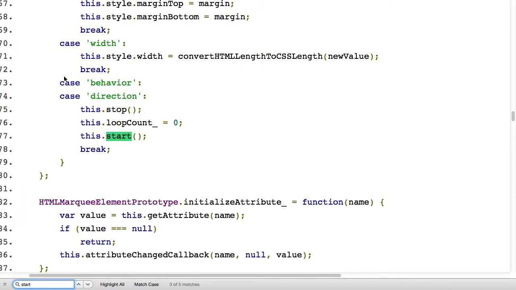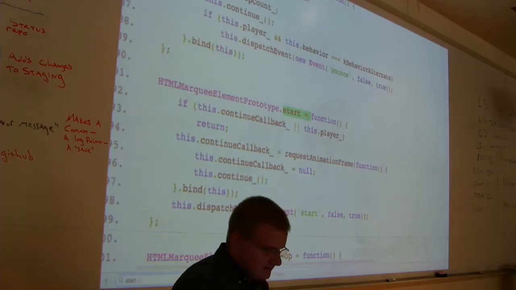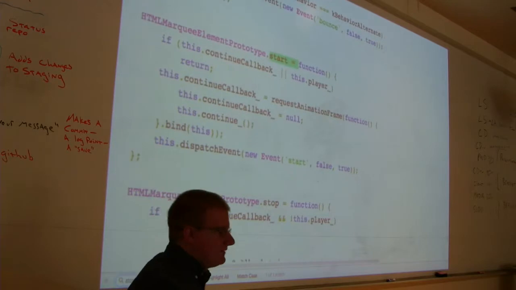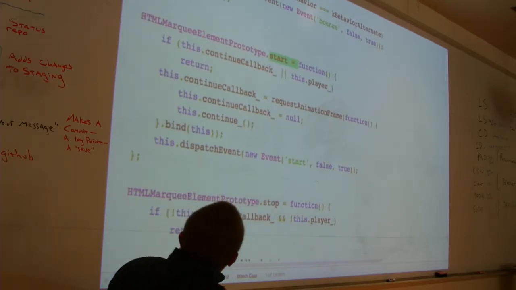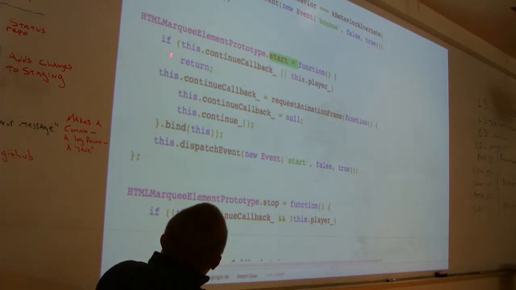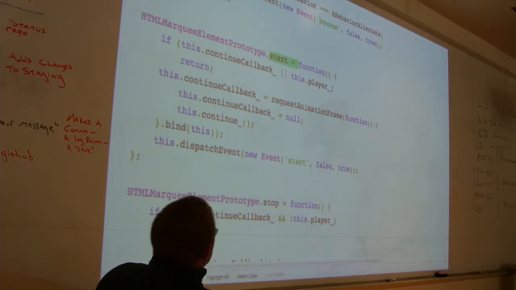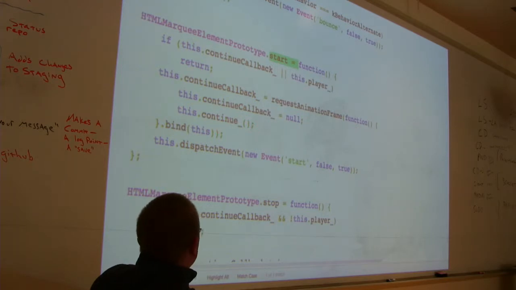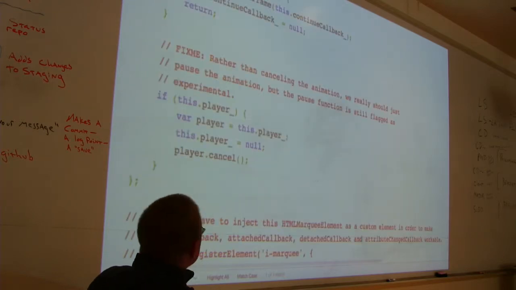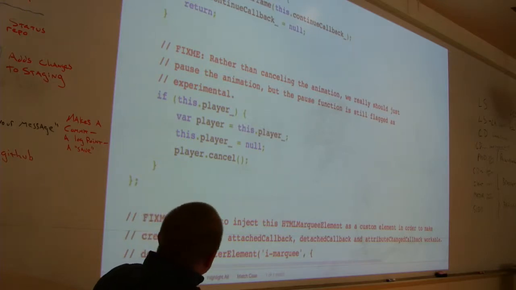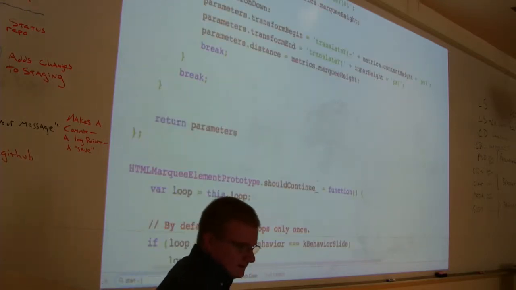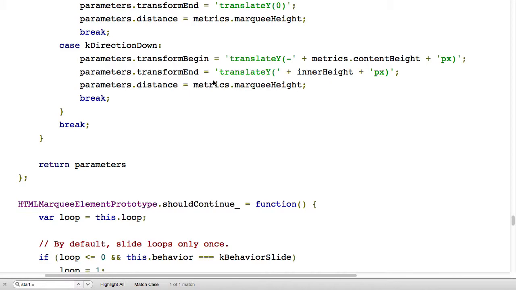So let me just see what start does, because that seems to be a function. So they're attaching some methods to this element. We have start. Sort of makes sense here. So they're saying if continue, and player. They're doing request animation frame. We can go into the details on that later, but they're dealing with some animation here. I like the fix me comments. Really not that. Let's go back to